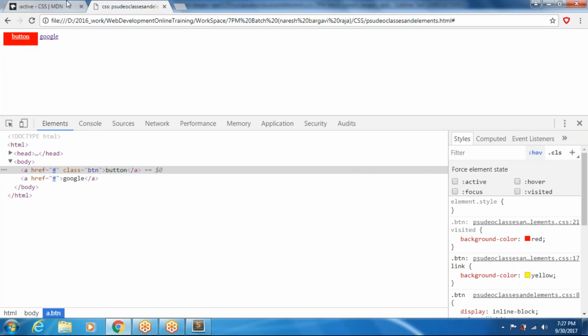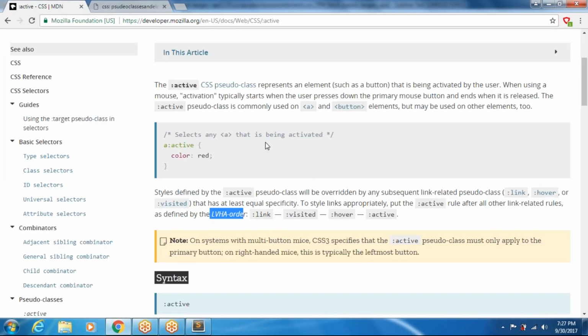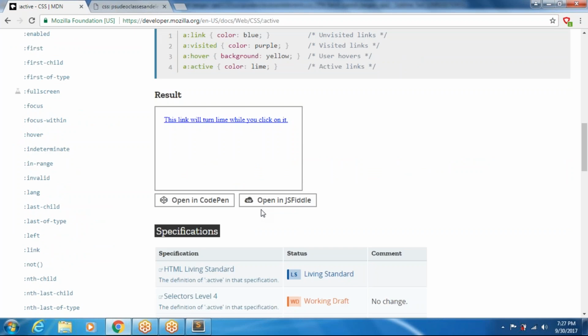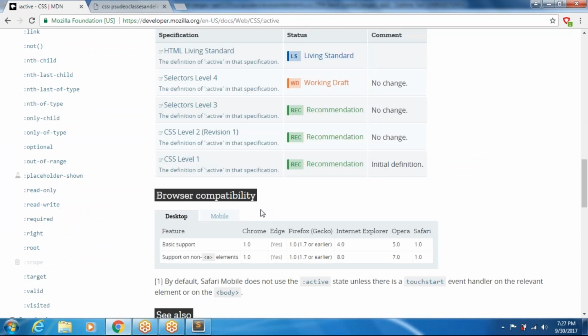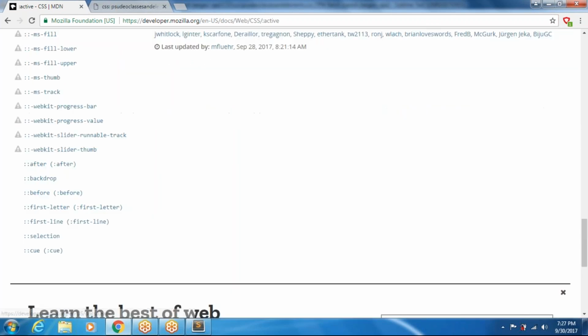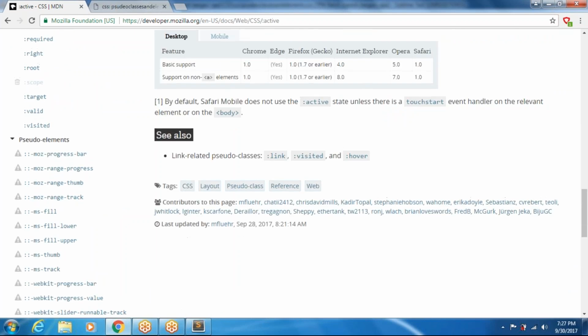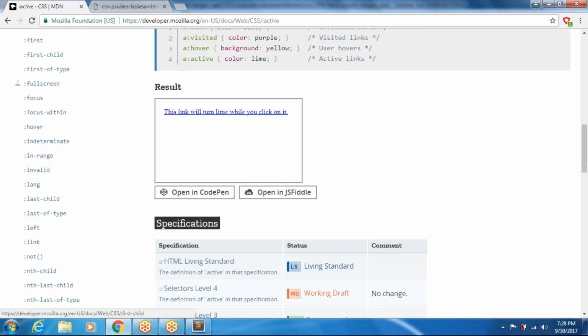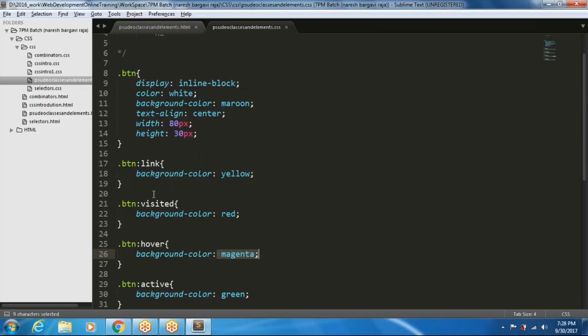And we have other kinds of pseudo classes also. For example, we have seen link, all these things, right? Something like, I think we have to find out first child, second child. First child: by using this, you can find out what is the first child of the element. Okay, if you want to change this color, so what I am going to do,